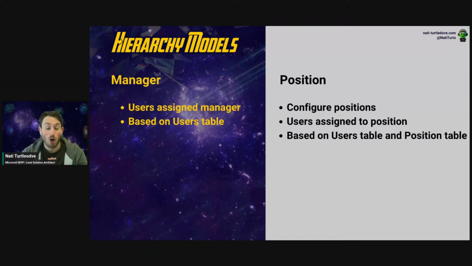But again, as I said, they're based on the system user table within an environment. When I said it's not AAD driven, I mean that when you look at Office 365 and you look at that Teams organogram, you can see your job title there. You can see who you report to. It's all based on Entra ID Office 365, who your manager is, what your position is. Because this is based on the user table per environment, there is no association between a user's role or manager from AAD, which is very, very annoying, because if you're dealing with an environment with thousands of users and you've already set up your organogram nicely in Entra ID, it's a bloody nightmare to replicate that in the user table to enable hierarchy models.